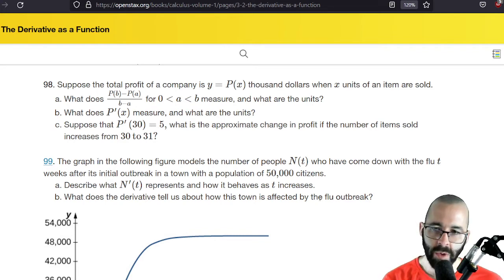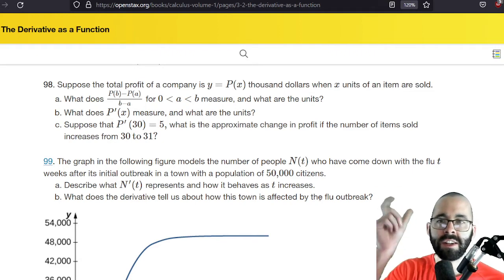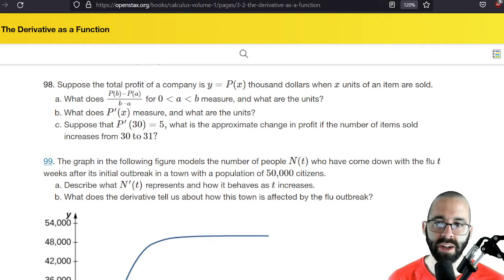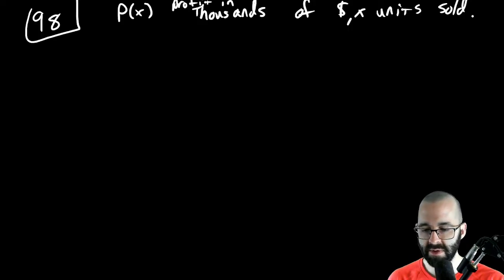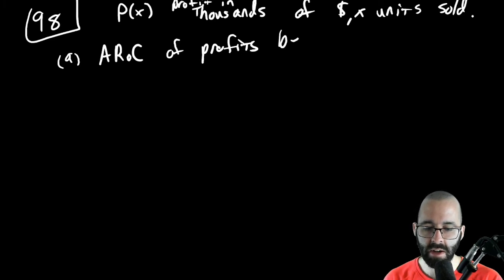Average rate of change, slope of the secant line. You should be starting to recognize formulas that look like this. That's just the difference in profits divided by the difference in production. And then that second thing is just saying A has to be between 0 and B, so these have to be positive production levels, and B is just going to be the bigger one. Okay, so it's the average rate of change of profits between production levels